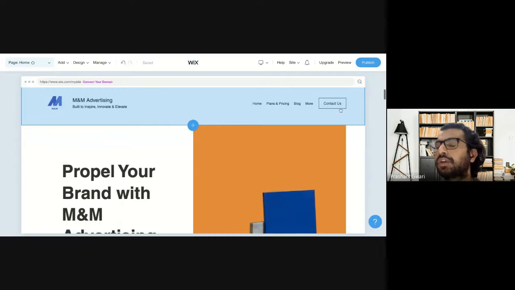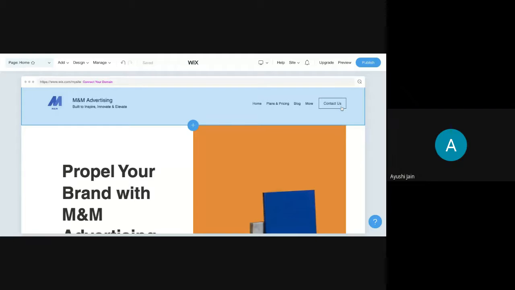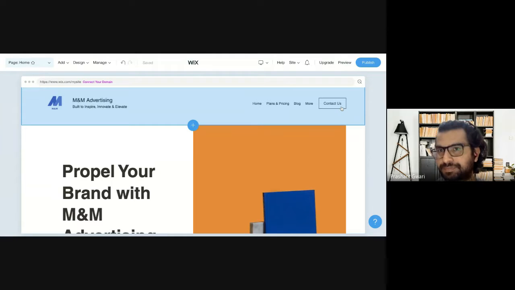Now, it's not only about creating a call to action button. It's also about using the color, font, and size of the call to action button. There are some colors like red or blue we mostly use on our call to action buttons because these attract more customers. They click on these call to action buttons more. You can also change the color of these buttons, but this setting is not available in the ADI tool. To change the color, font, or size of the button, you have to change your website from ADI to Editor 2, and that we will learn in the next part of this session.